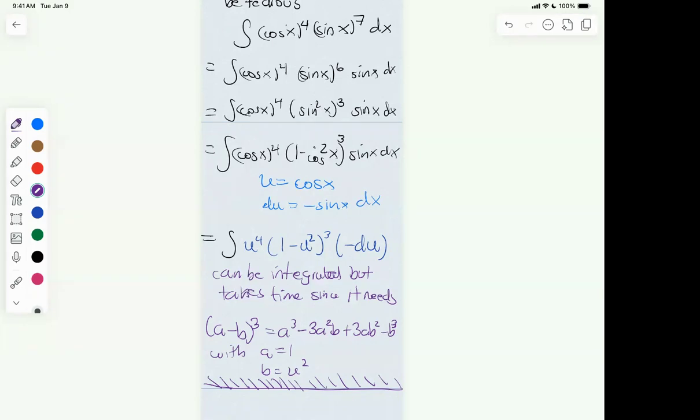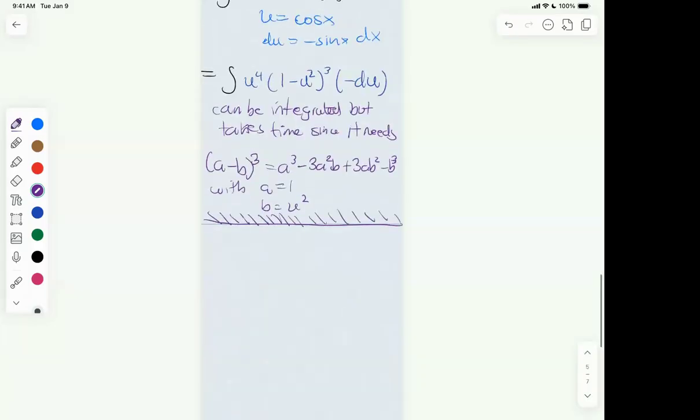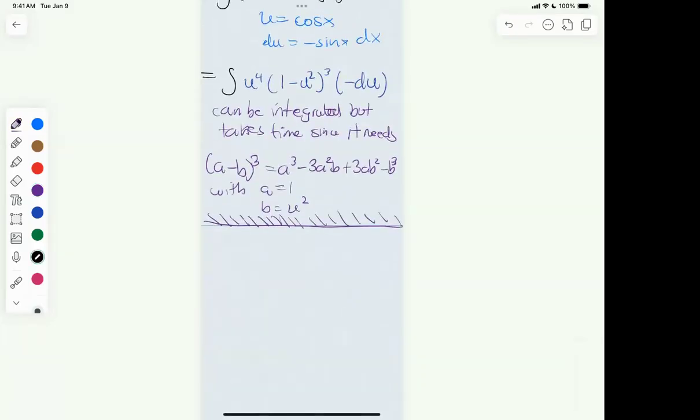So if both are even, then you have to use another trig identity, the double angle formulas, or the half angle formulas, depending on how you look at it. So if both powers, or let's call them exponents, if both exponents are even, you use instead,